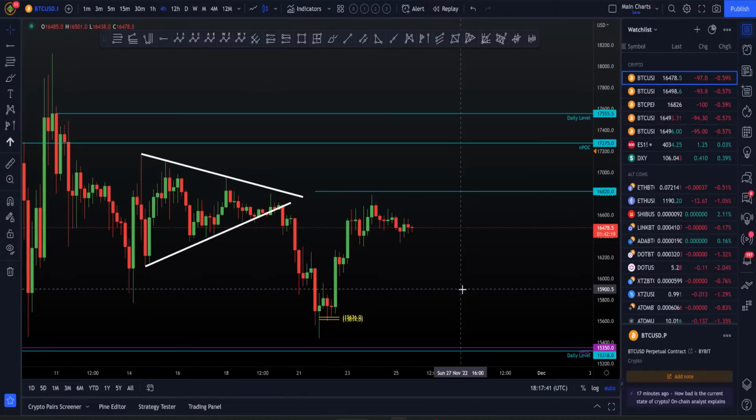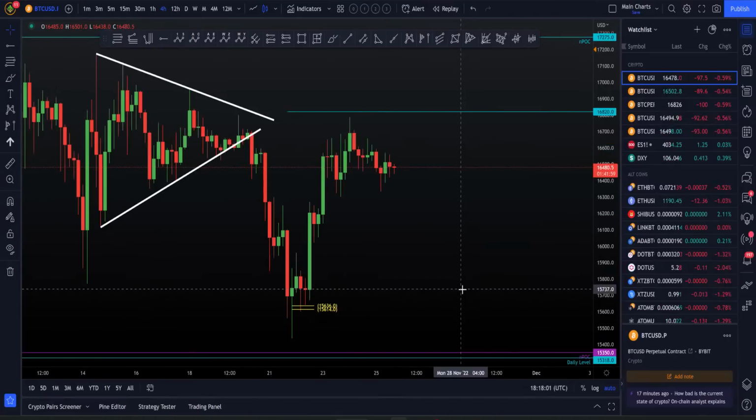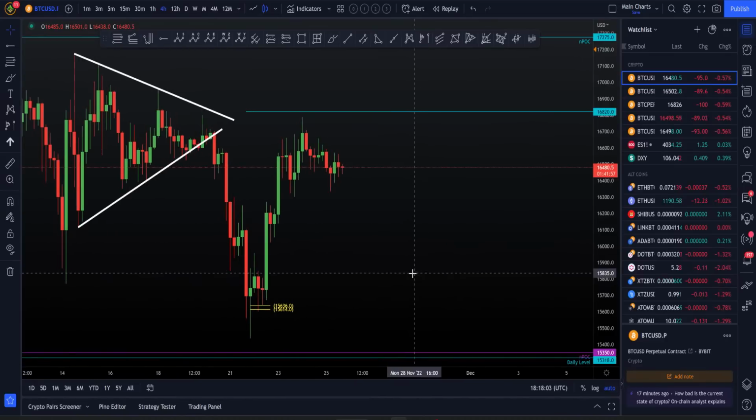I know people wanted me to come in and say the low is in on Bitcoin, or they want me to say the low is not in on Bitcoin. But guess what? If I came in and said that, somebody that actually knows what they're on about, an actual real trader, would laugh at me. They would say, no, you do not know that. You cannot foresee the future. That would be very bad of me, to come in and say, yes, this is definitely what's going to happen next. No, that's not what we do as professional traders.